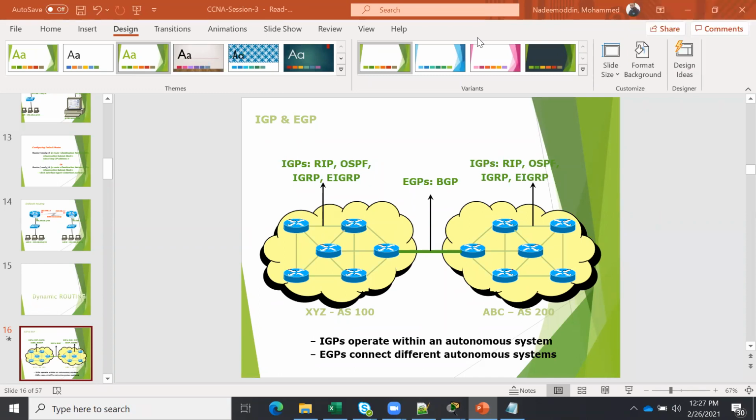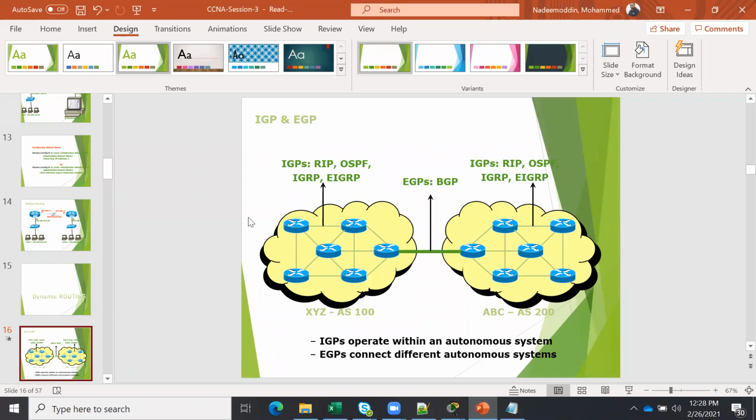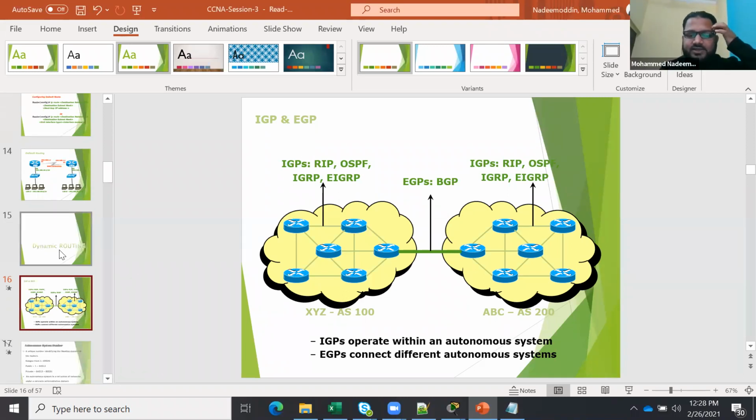Okay, we can continue. Our diagram is ready there, so we can just remove those static commands and use that. Let's move faster, because if you want the detailed lecture, as I told you, you go to my YouTube channel, where I have detailed lectures for this. So, dynamic routing.